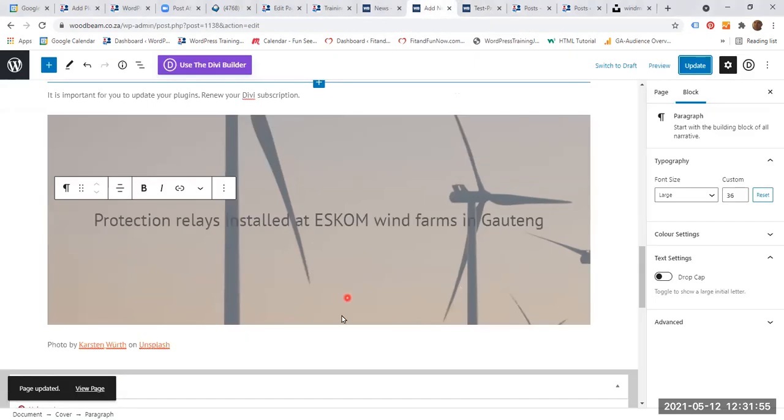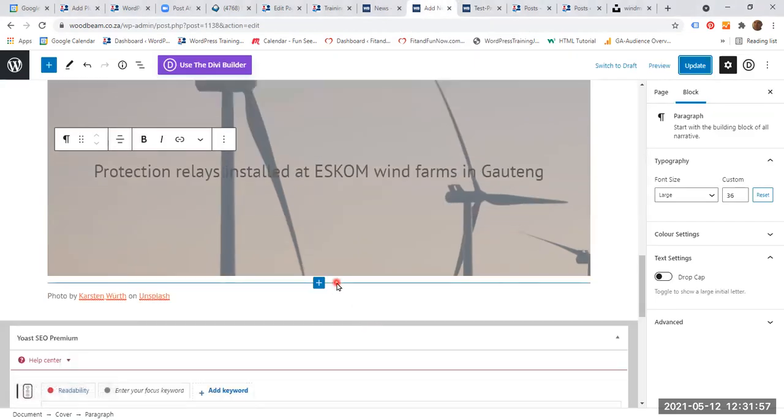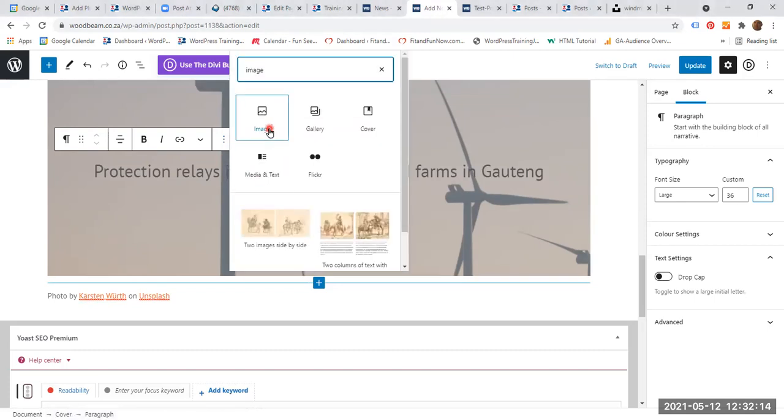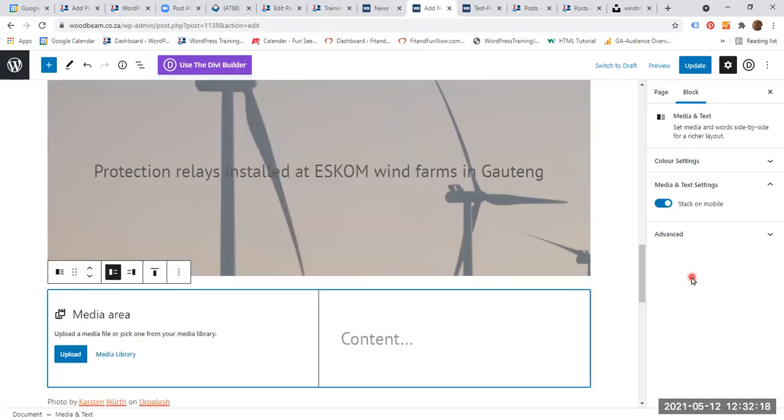let's continue. And what did we have on that other one? So as you can see, can I just move this zoom thing to the bottom? As you can see, now you have the 6. Paragraph, image, heading, gallery, cover, spacer. There was image, you have media and text. Okay, guys,